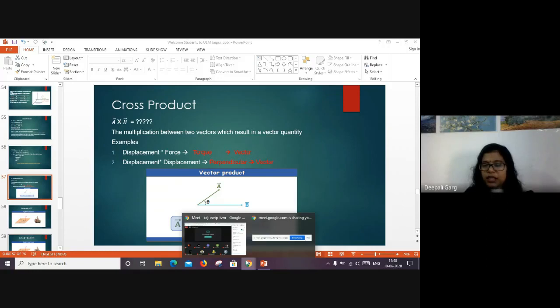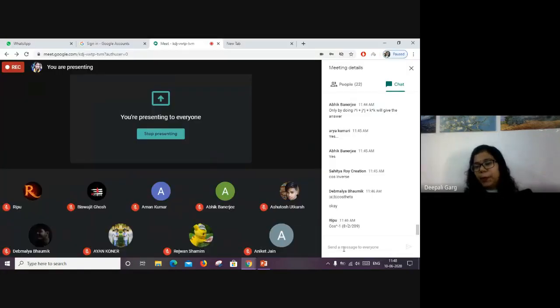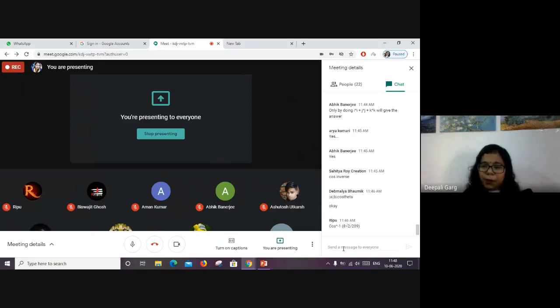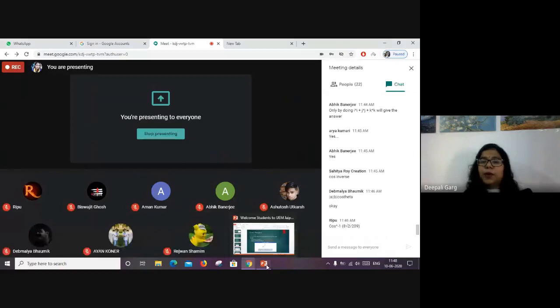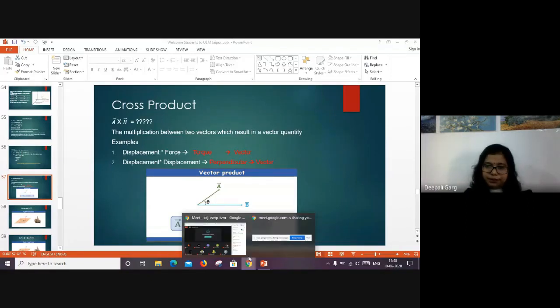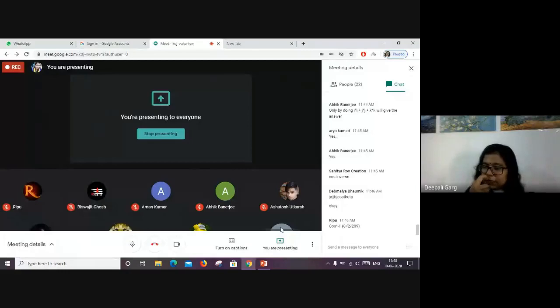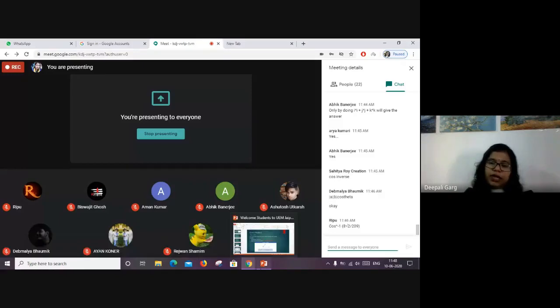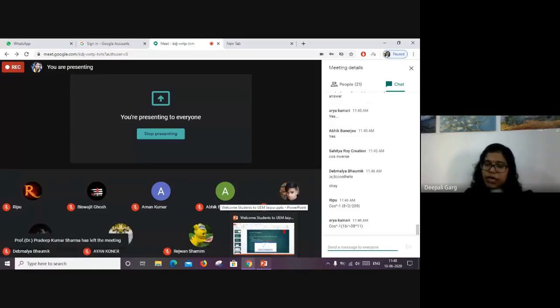The important thing now is to compare with the dot product results. In dot product, it was not important from which vector we were measuring our theta, A or B. But here it is very important. If you measure your angle from B or from A, the answers will be different. So what can we say from this result? Cross product is not commutative. So A cross B is not equal to B cross A.